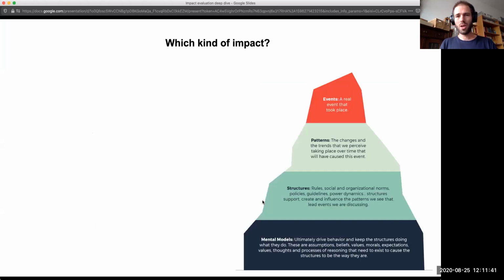It's also about having a clear idea of which kind of impact we are talking about. So you might be familiar with this iceberg model, that there's different levels of depth in terms of what we want to change in society. Usually we talk about the more visible events and underlying patterns, system structures, and at the deepest layer, the mental models that shape those structures and patterns. And we can talk about different kinds of change.